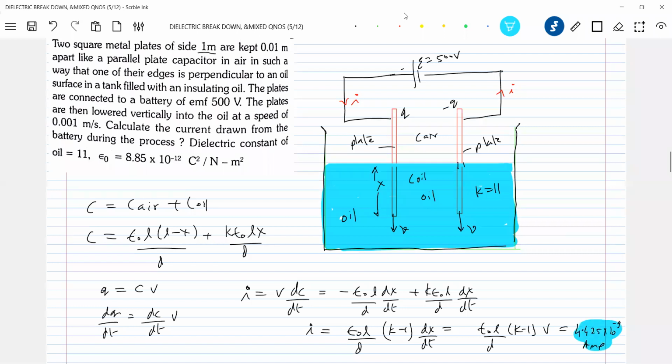Sir, then what is the impact of that velocity, sir? Of that speed? It's there, no? If you increase speed, current will increase. Current is proportional to v, no? In a similar condition, where the slab is connected across the cell, if you move the slab with a constant speed, the current will be constant. So if the slab accelerates, the current will be variable. So depending upon the motion of the slab, the nature of